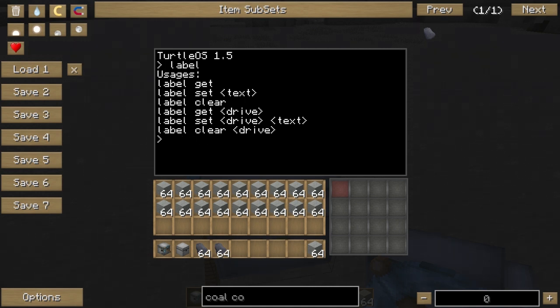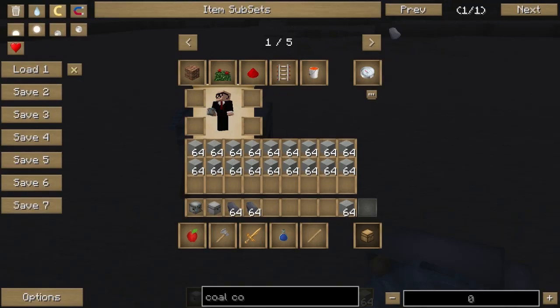I'm going to make this lowercase. Label set. We're going to name him Super Steve, because I miss Super Steve. Computer label set to Super Steve. Now, whenever we get out of...